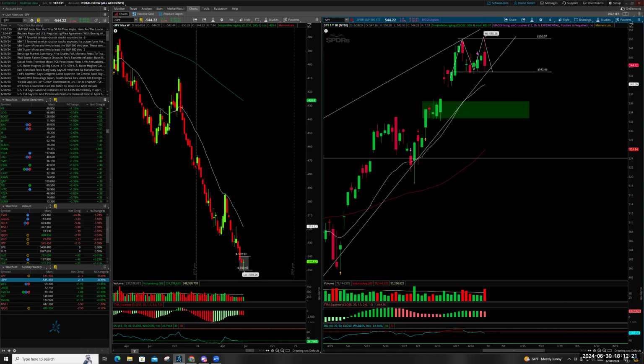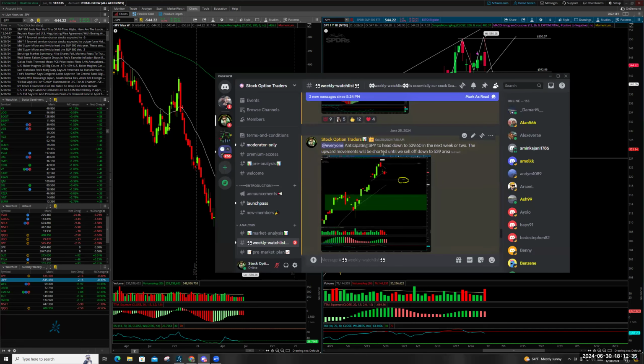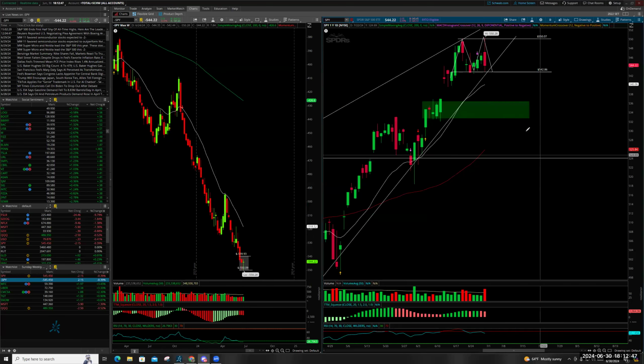So if we go back to earlier this week, I did share that we would be shorting the market. We said that anticipating SPY to head down to 539 in the next week or two, the upward movements will be shorted until we sell off down to the 539 area. So anticipating SPY to come down to the 539 area right here,